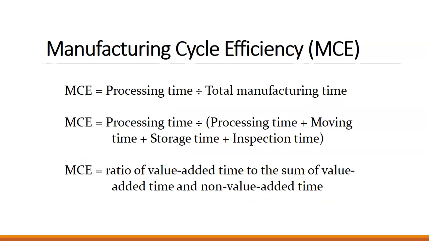We're going to review the manufacturing cycle time and the customer response time from chapter 14. So the manufacturing cycle efficiency is our processing time divided by the total manufacturing time. And then we look at that processing time. This is the value added time divided by the total manufacturing time, which includes value added and non-value added time. We want that measure to be affected by the fact that we're trying to remove non-value added things from our